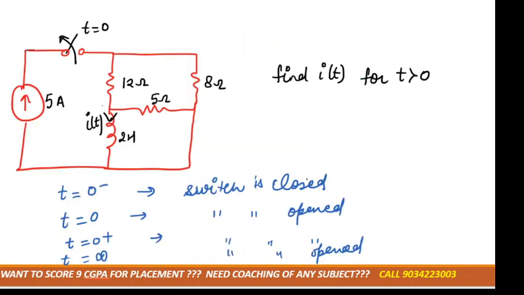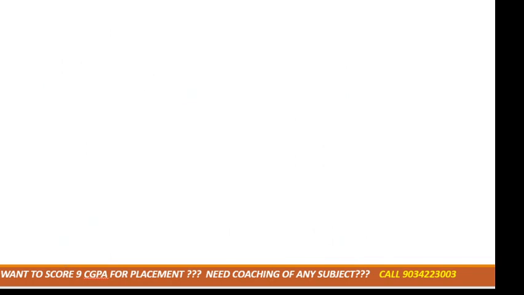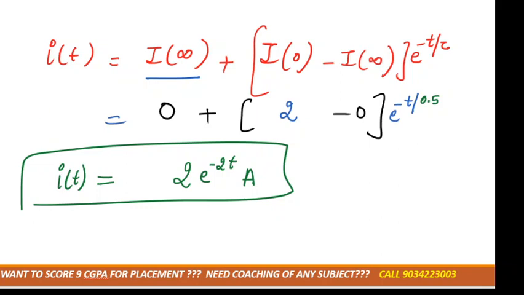Now suppose in this question they had asked that you have to calculate the voltage across the inductor also, again for time t greater than 0. So now can you tell me how can we calculate the voltage across the inductor? I, we already know. We need to calculate the voltage across the inductor in the form of an equation only. Remember I told you the formula? Tell me the formula. VL is equal to, yes,